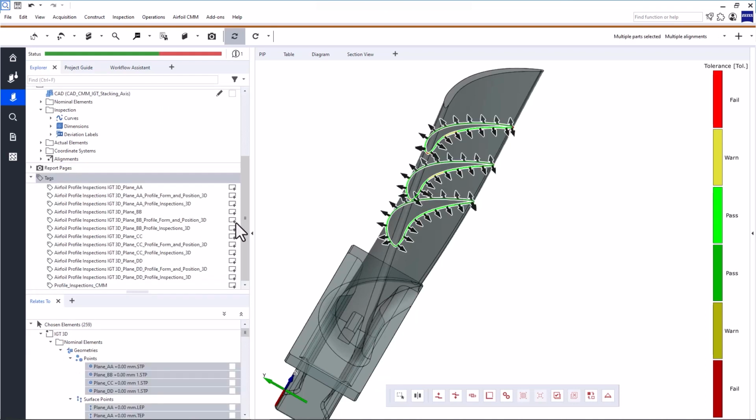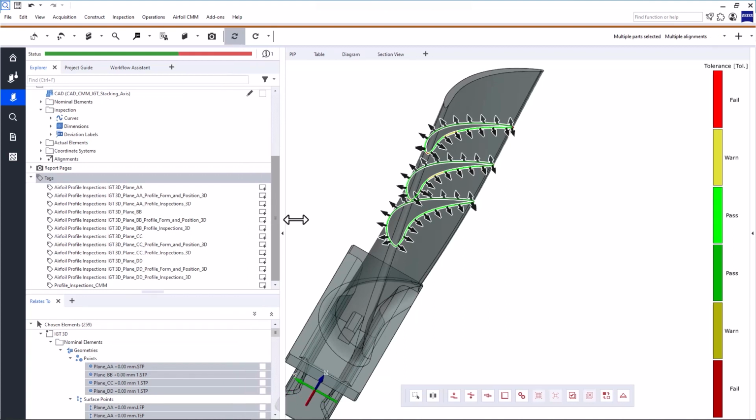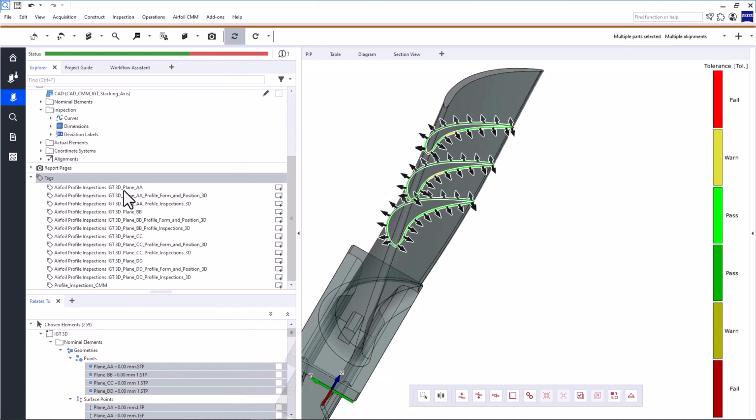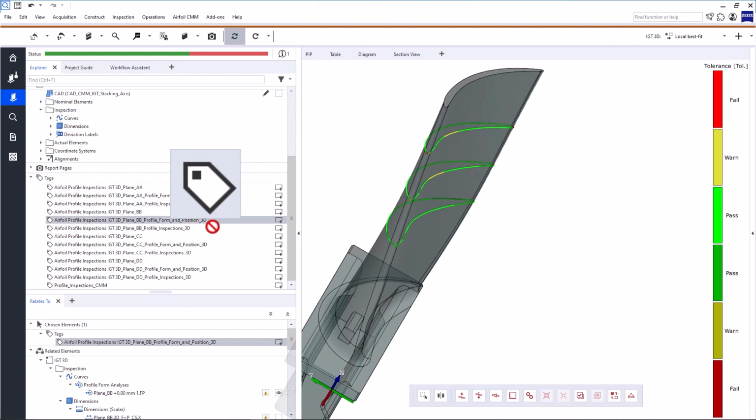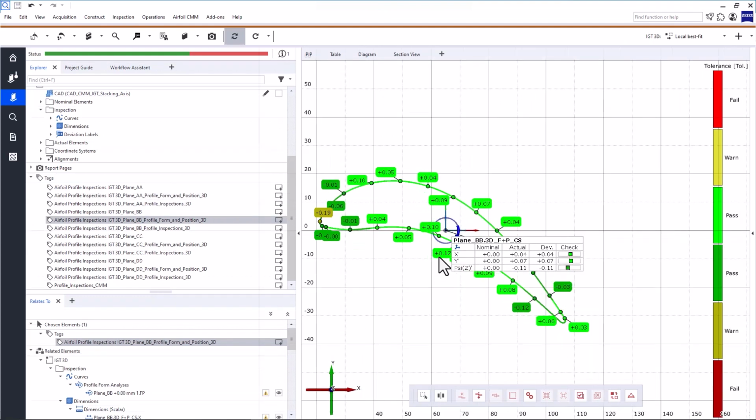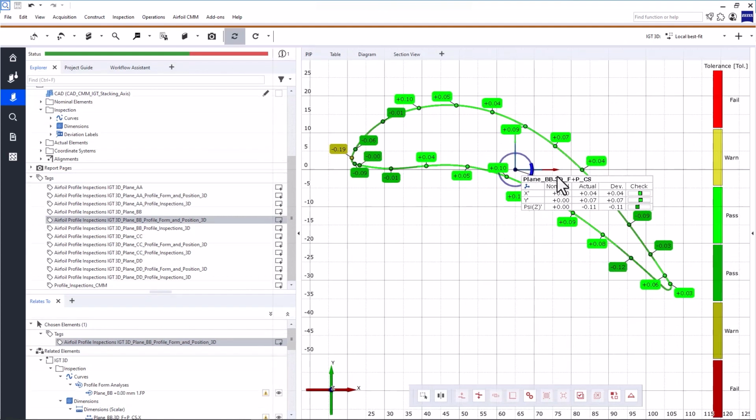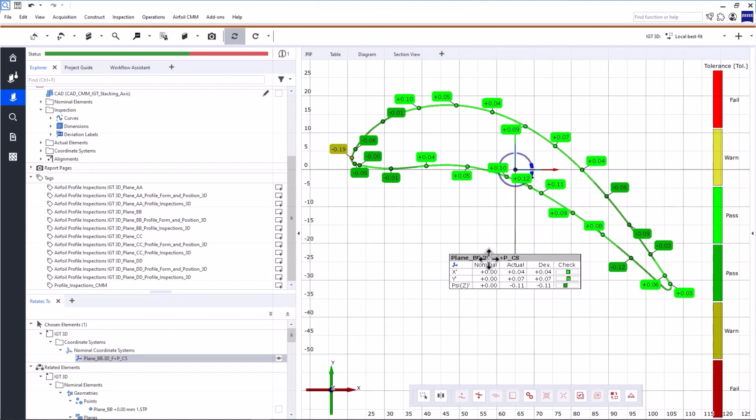If you watched the video How to Create and Apply User-Defined Inspection Principles, you might remember that the software automatically created tags for all the sections we inspected. Thanks to the automatically generated tags, your reporting is going to be much easier. Since the tags contain all the associated elements and inspections, you can simply drag and drop a tag into the 3D view or the section view, arrange the labels, and create a report page.